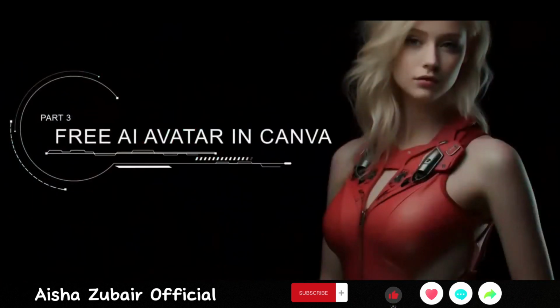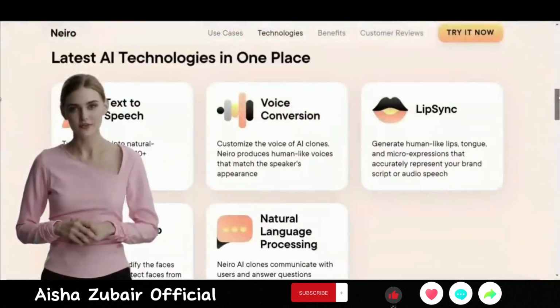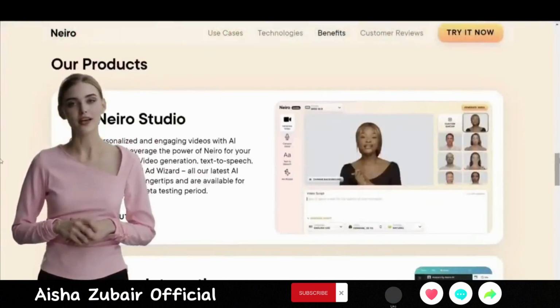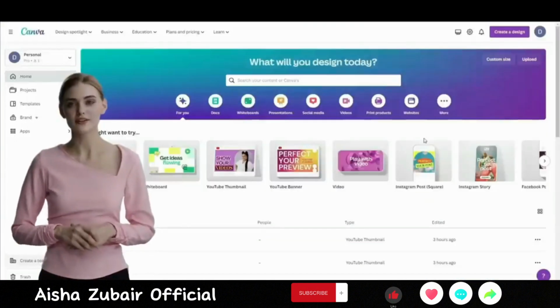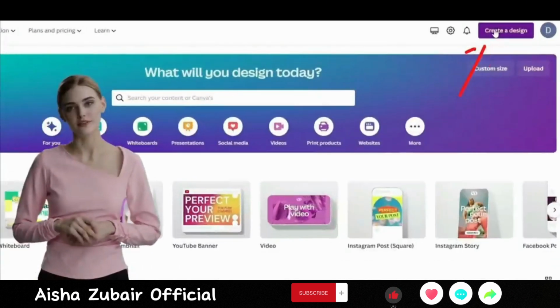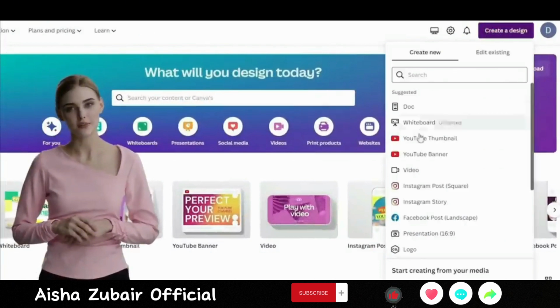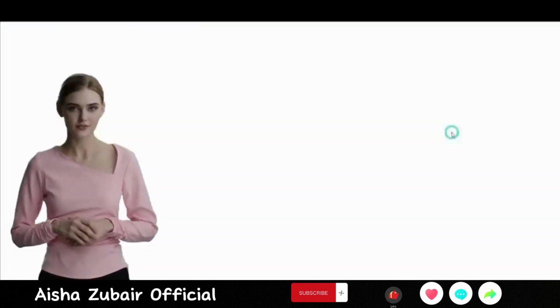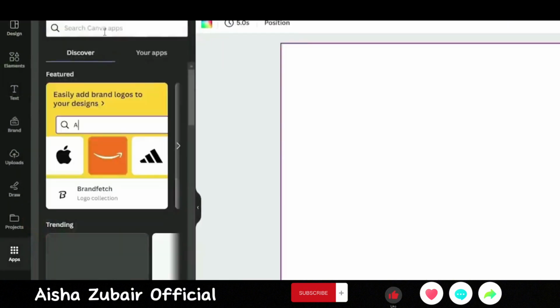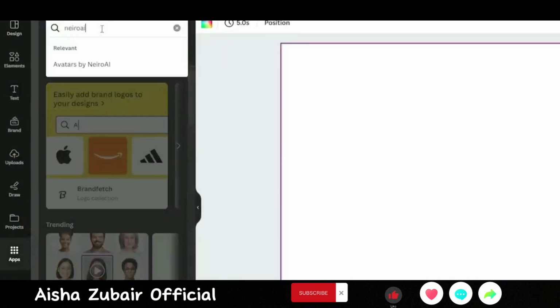Part 3. Free AI Avatar in Canva. In Neiro AI Studio, there aren't many options for video editing. So let's use Neiro AI inside Canva to make our editing process easier. Log in to your Canva dashboard or use the link in this video's description. Click the Create Design button, then select the video option. Go to the Apps menu, type Neiro AI in the search bar,